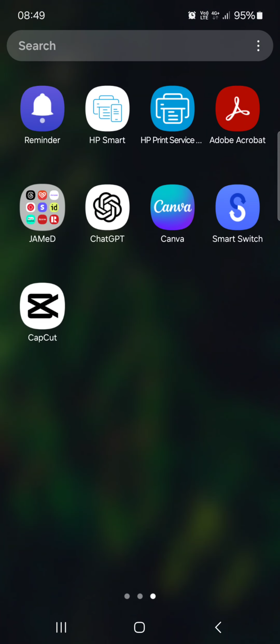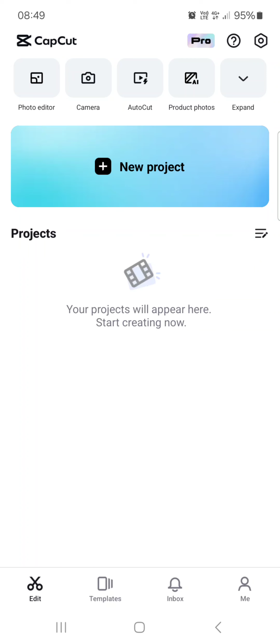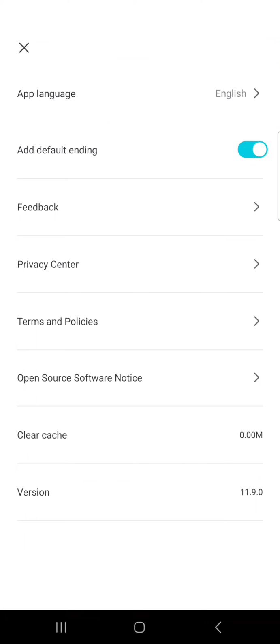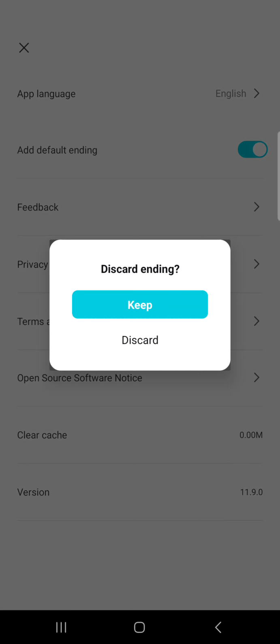First we have to open up the CapCut app, till it opens up in the edit menu. From here we just go into the top right corner and tap on the hexagon. And then as the second option, we find add default ending. You can tap on this